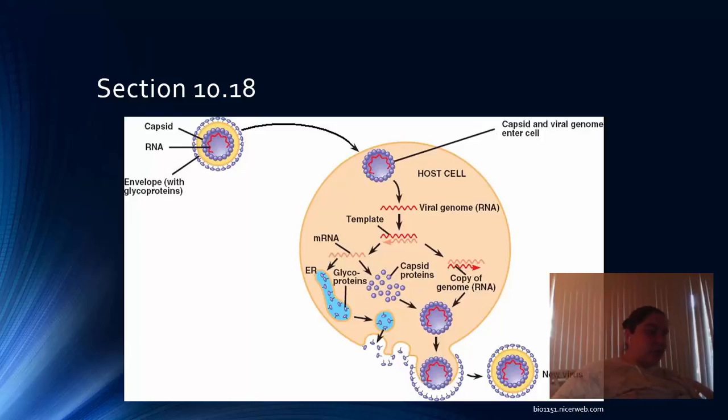Viruses, unfortunately, don't just attack bacteria. Sometimes they attack us, and this is when they cause diseases in animals and plants. They can follow lytic and lysogenic cycles in animals and plants just like they do in bacteria. It's the exact same thing, but instead of being in a bacterial cell, they're in our eukaryotic cells. The protein capsid around the viral DNA or RNA, depending on what type of virus it is, enters the host cell. This is what the infection is,